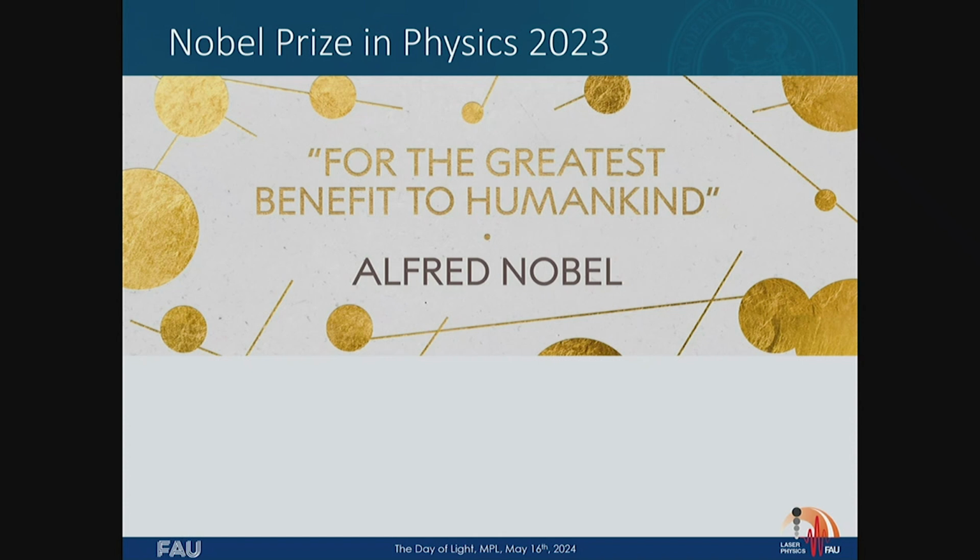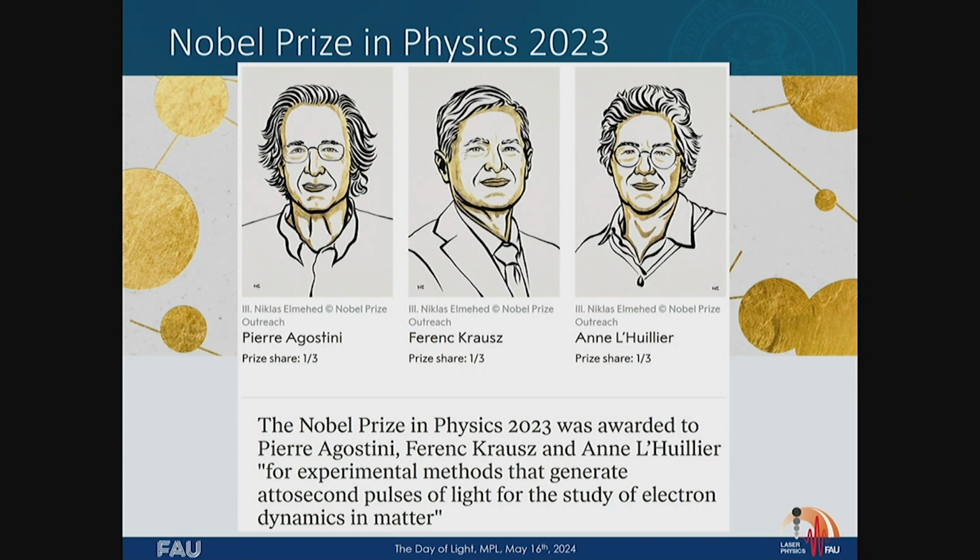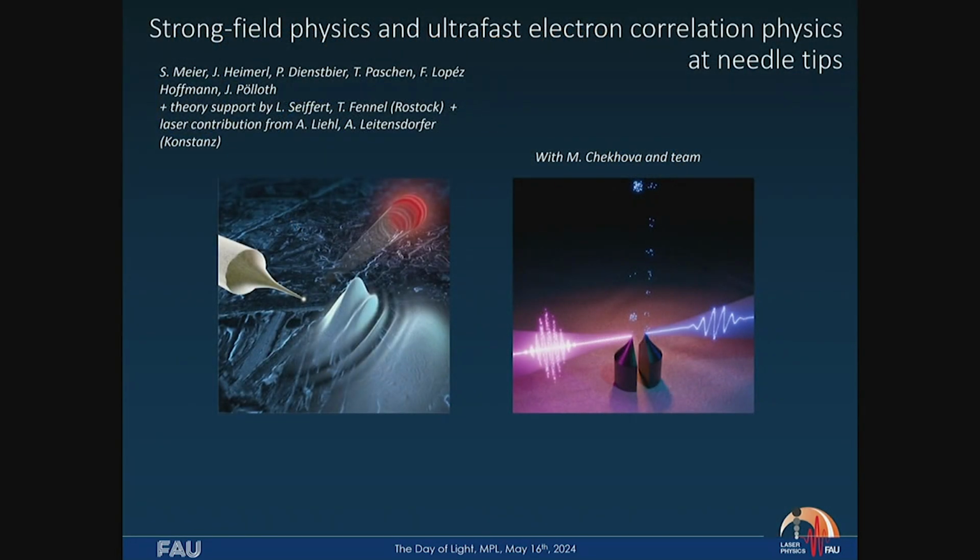Of course, you all know the last physics Nobel Prize given to attosecond physics. And attosecond physics means controlling electrons with an optical field of ultra-short laser pulses. Well, of course you know them, I don't have to tell you. And we basically do very related stuff. We just look at exactly the same physics, not at atoms or molecules, but at these sharp needle tips. So we can get the electrons out, then the electrons really behave as electron matter wave packets. They can interfere, and of course this is all driven by these two-cycle laser fields that interact with these needles.